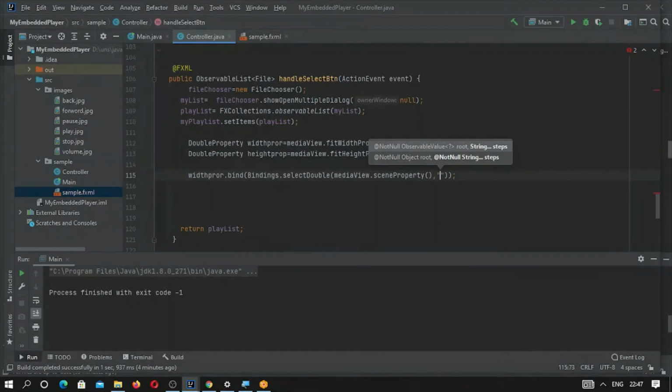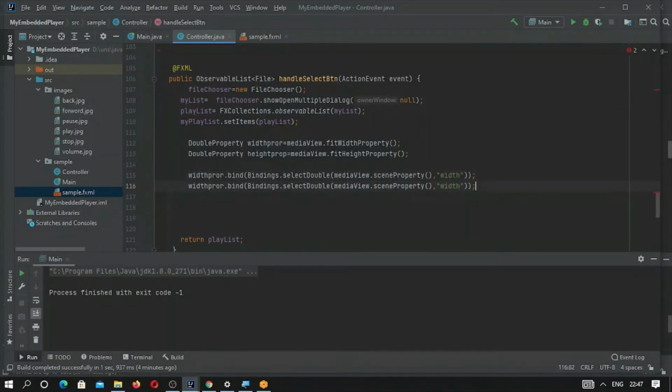This is the width, so width. Okay, and the same needs to be copied for the height property, and this should be height.